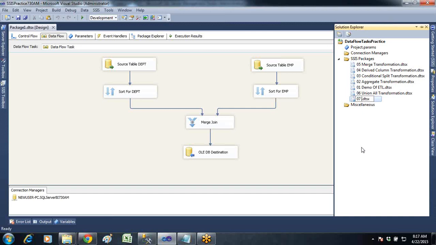Now, with this, there are two types of transformations in SSIS. What are the two types of transformations? Synchronous transformations and asynchronous transformations. What do you mean by synchronous transformation and what do you mean by asynchronous transformation? See, it is very simple to understand. Synchronous transformation is,